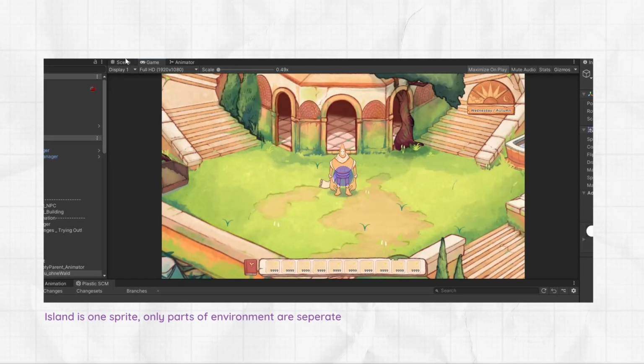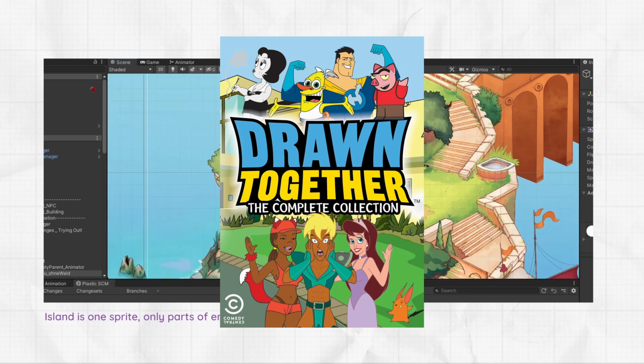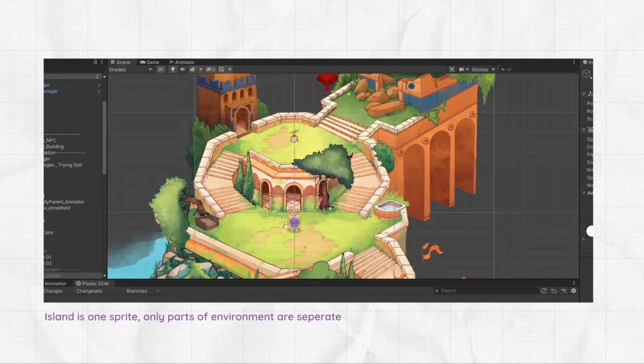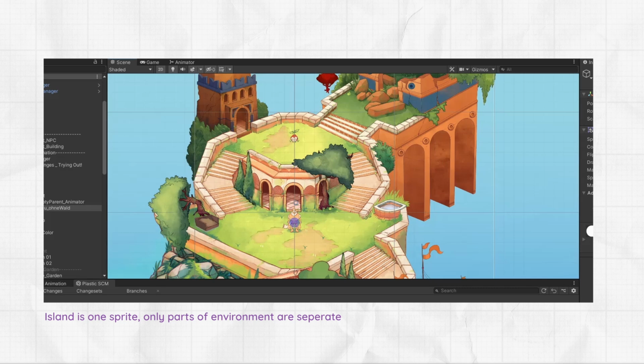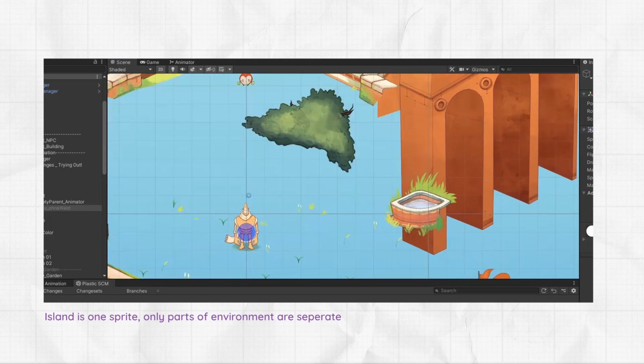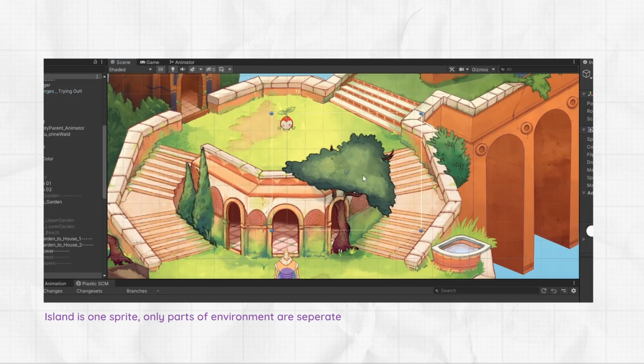The comment also asked about our layering. In our case, the entire environment has been drawn together. So for example, there is no extra floor texture. The floor and the stairs are on the same drawing or sprite. Objects that move or can be placed, for example GOLEMBERT or pods, have a script that changes their layer depending